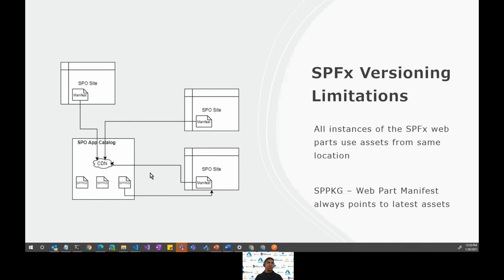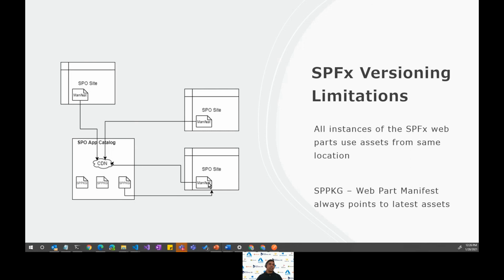So let's say tomorrow you push version 2 of your SPPKG file. As soon as you upload it to the app catalog, SharePoint is going to extract those assets and overwrite your CDN location with the new assets. And then it's going to push the new manifest to all the sites. And the new manifest now points to the new files in the CDN location.